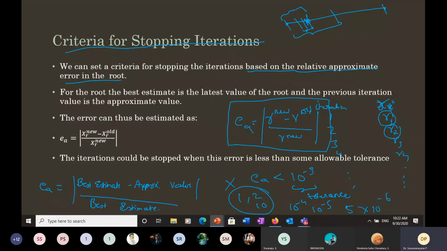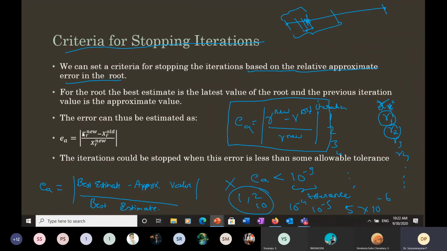Okay. Now, let's say you started a solution and you did 10 iterations. At the 10th iteration, you have a solution. Now, if you want a better approximation for that, one way to do it is just do another iteration. So the 11th iteration value should be a better approximate for the solution than the 10th iteration value. So if you want to find the error in the 10th iteration value, you can compare these two numbers and see what is the error in them.